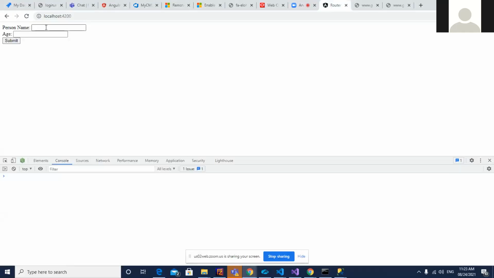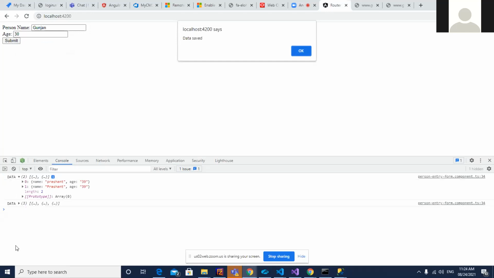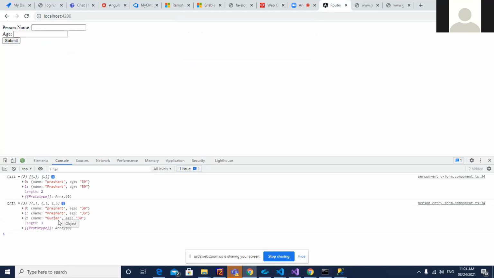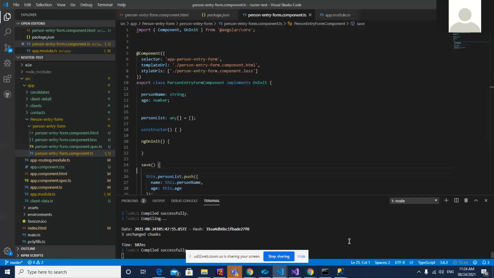Okay, so this is my form. As I enter anything, it will be there. So this is the new array. Whatever I enter in this form, my array is increasing, and the code is like this.